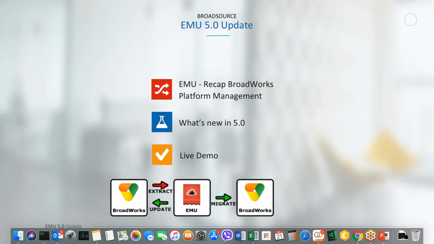But equally, we've got a whole lot of guys who are joining that have not yet experienced EMU in any detail whatsoever. And so today, we not only wanted this conversation for the next half an hour or so to be about introducing the brand new functionality of EMU 5.0, but also take the opportunity to have a bit of a recap on the things that EMU can do for you and your BroadWorks environments,